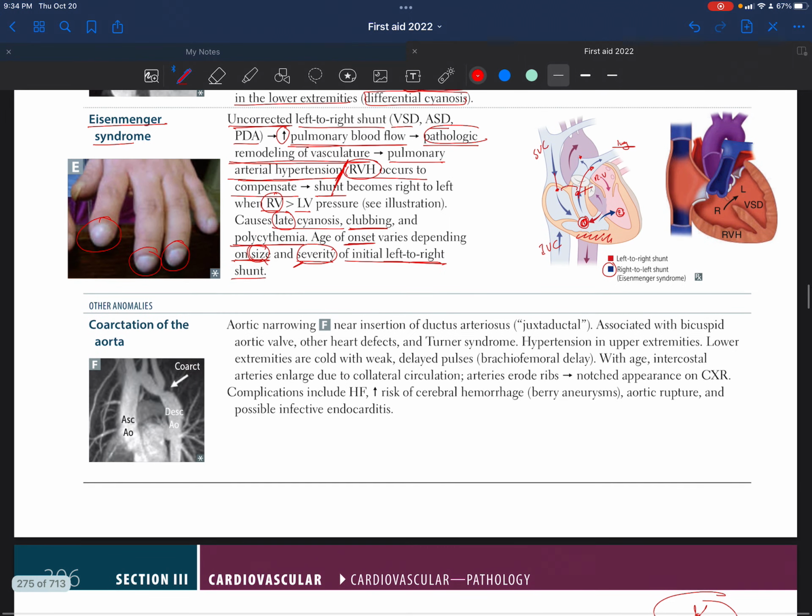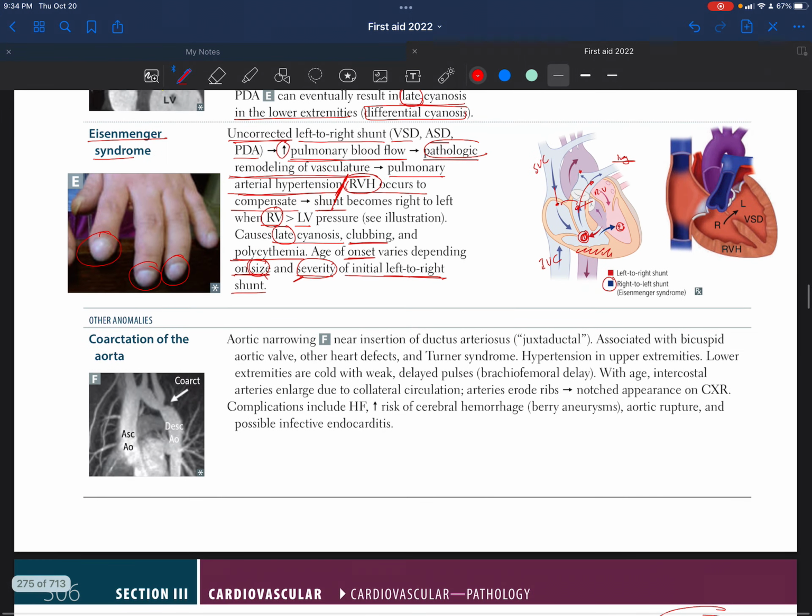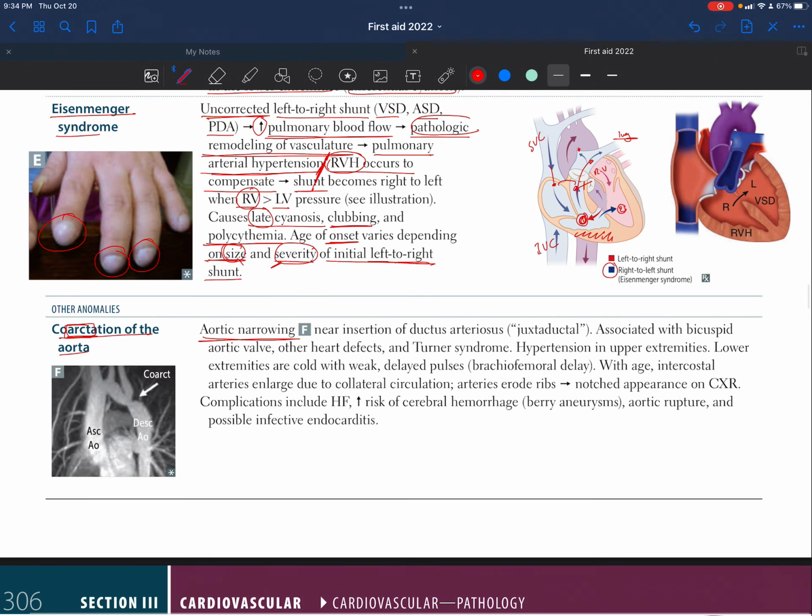Okay. Now for the other anomalies, we have the coarctation of aorta. So basically it's aortic narrowing. Coarctation, like arcuation, is close to an arc, so it's the aortic arch. It happens in the aortic arch. That's just a way to memorize it. So aortic narrowing near